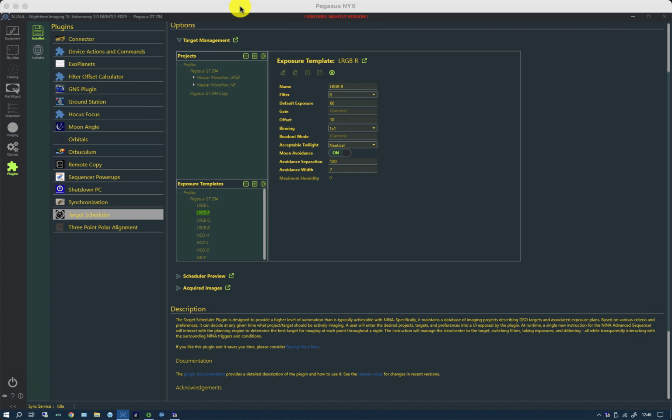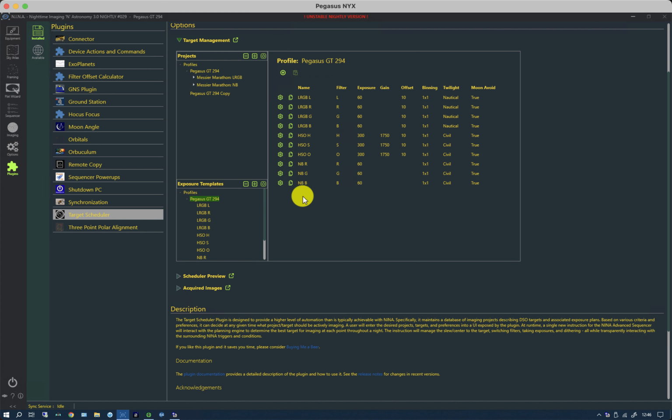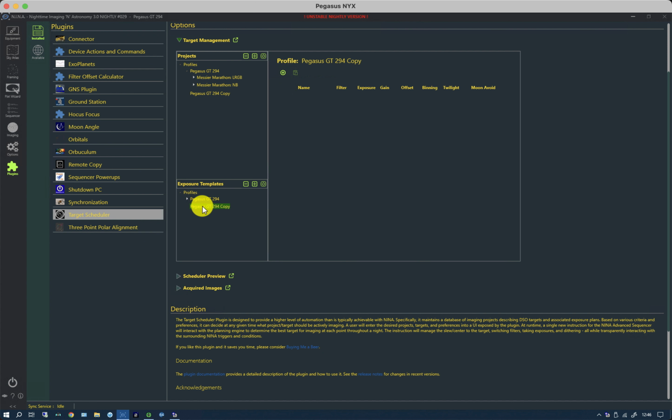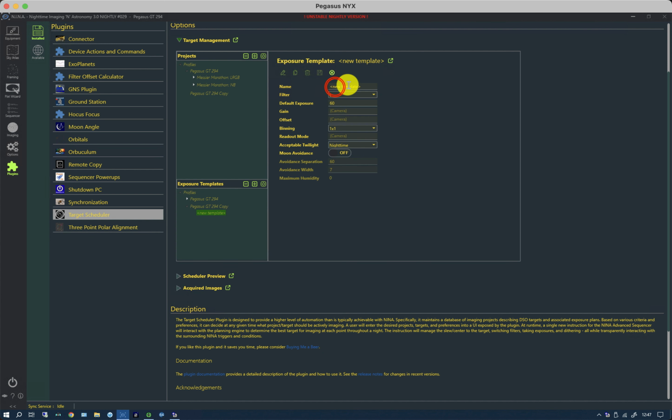If I want to add a new exposure template, there are a number of ways of doing it. I can, for instance, just come out of that, click on here, I can duplicate any of these, and I can also just simply create a new one by hitting plus. So for instance, if I leave this one alone and go into this one, I can simply add a simple exposure template, give it a name, in edit mode first, it will catch you out as it just has done me. Test 1,